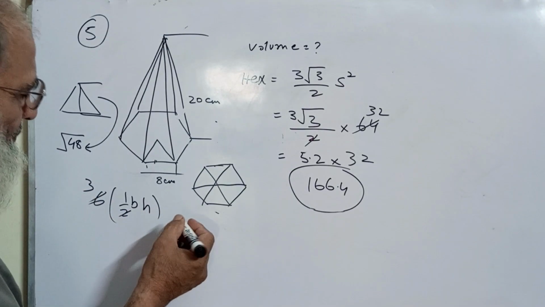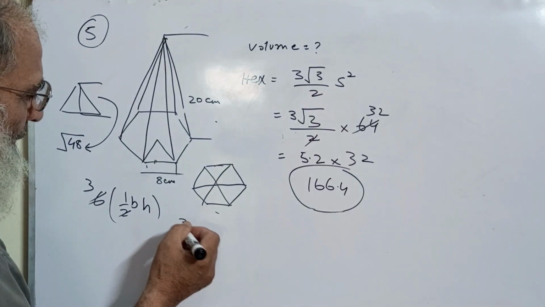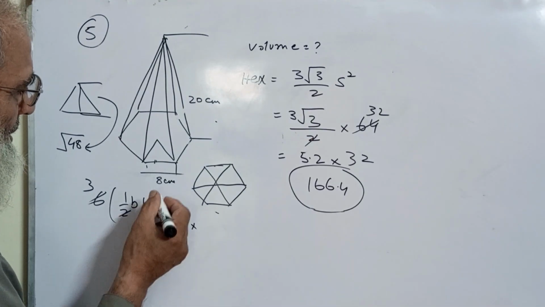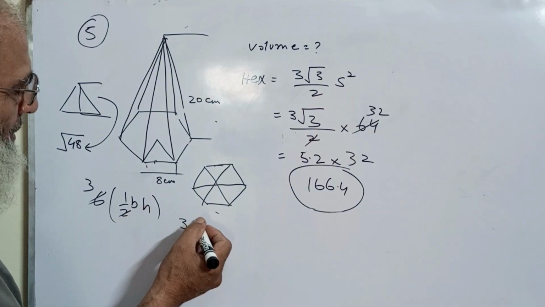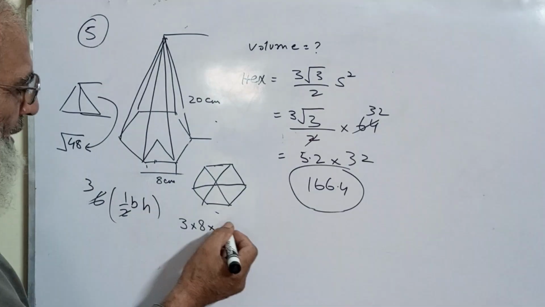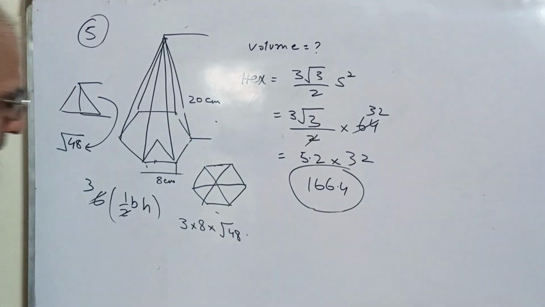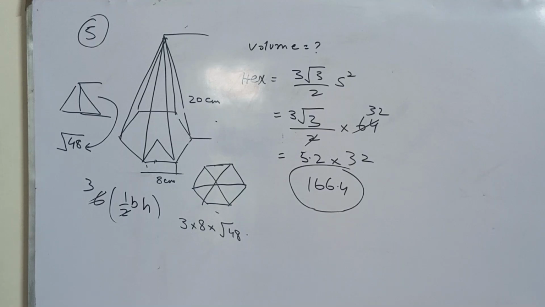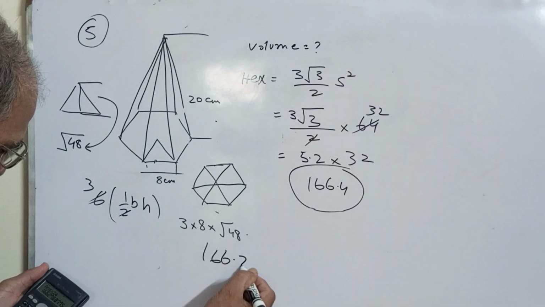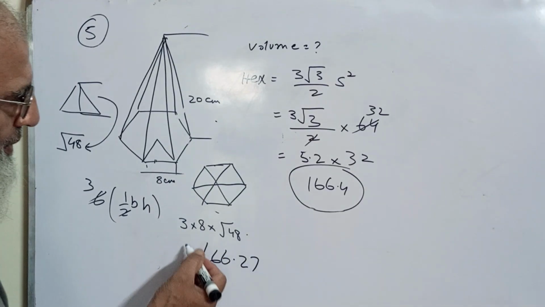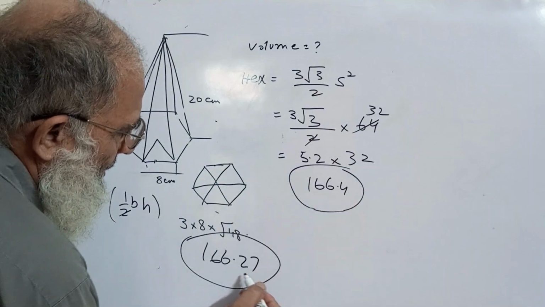So this will become 3, base is 8 and height is under root 48. 24 under root 48 is equal to 6.9 multiplied by 20. 166. So it becomes 166.27, or almost